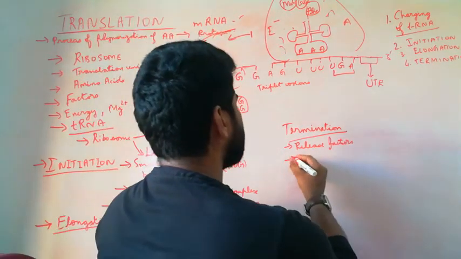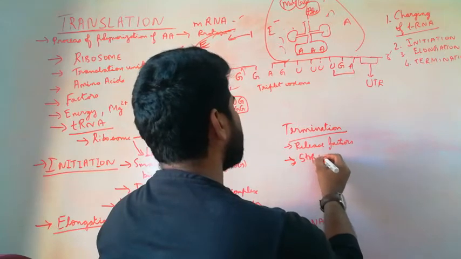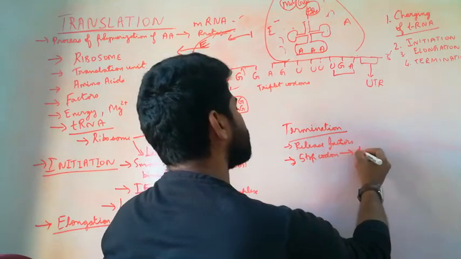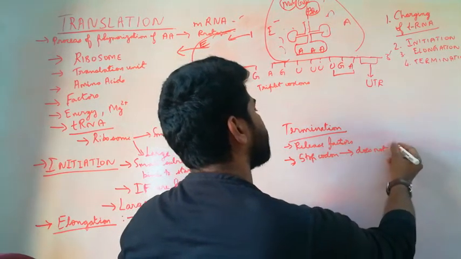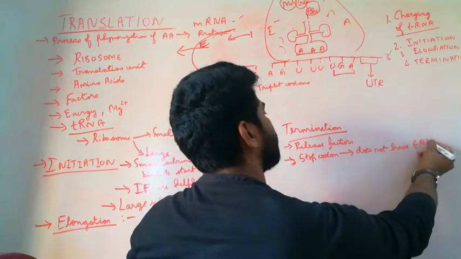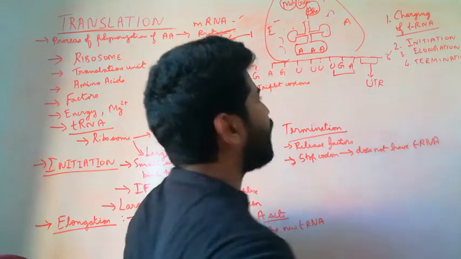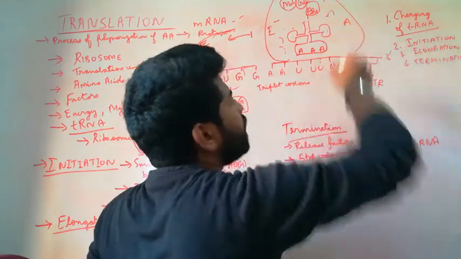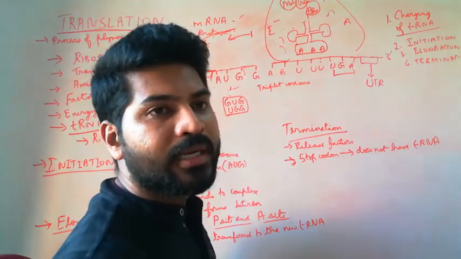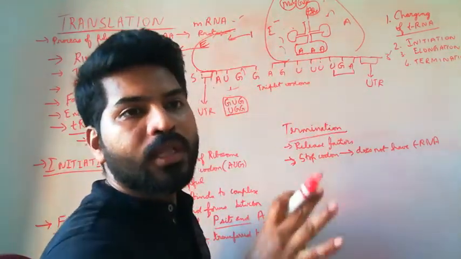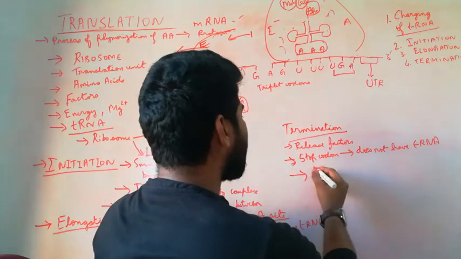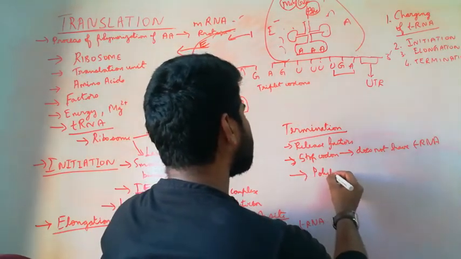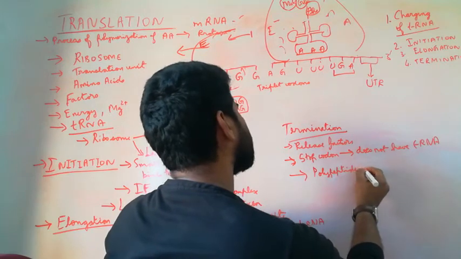So the stop codon does not have any tRNA. So the final tRNA that comes and binds does not carry an amino acid. It will add a water molecule to the chain. So when the water molecule is added, the polypeptide chain is released